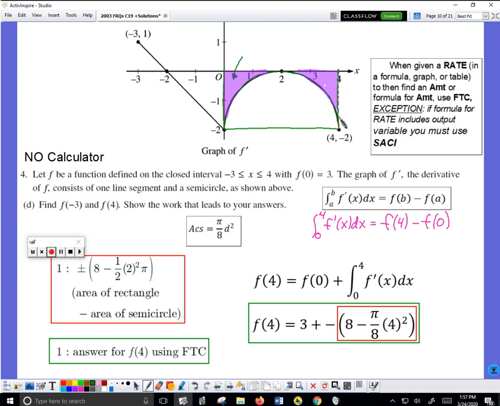When they ask you to compute an integral by finding areas geometrically, they will give you shapes that are either rectangles, triangles, or semicircles or circles. I've never seen them give you anything else. So the area of the green is 2 by 4, that's 8. So the area of the green rectangle is 8. I don't want the area of the green rectangle, I want the area of the green subtract the area of this orange circle, semicircle,